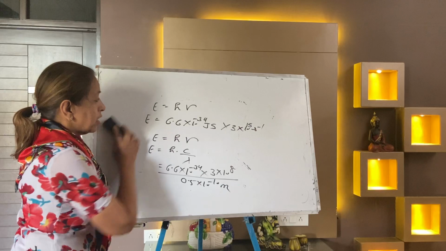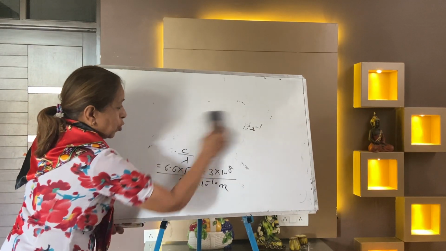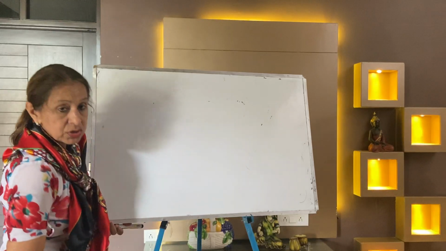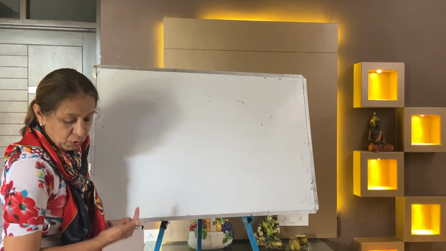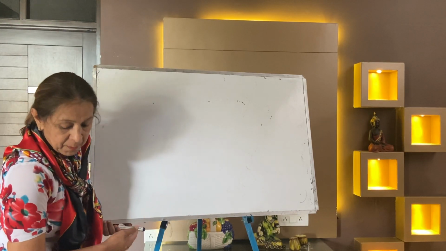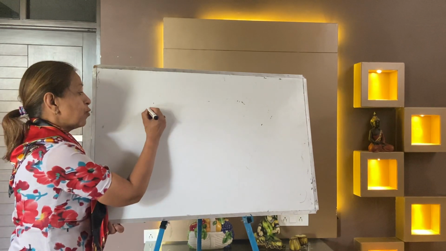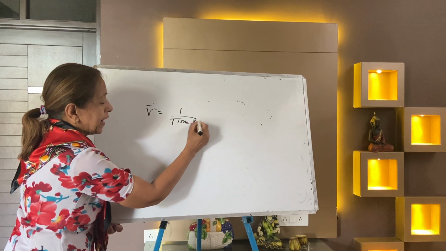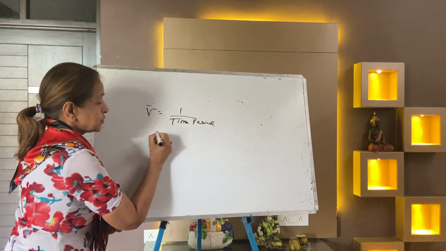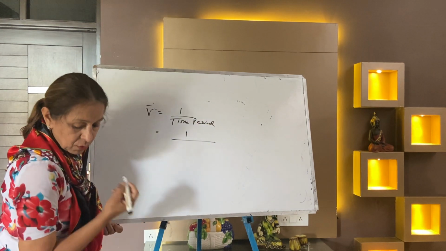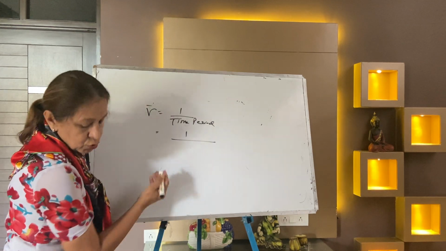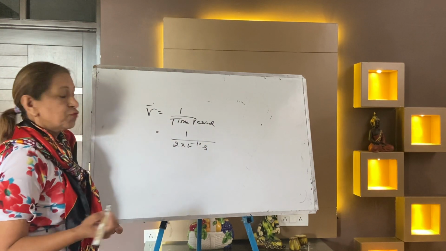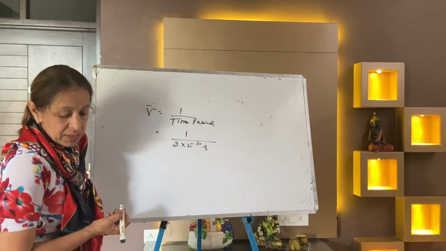Now I am taking the next numerical. 6th is over. Numerical number 7. Again the question is, calculate wavelength, frequency and the wave number when the time period is given. You calculate frequency first. Frequency is equal to 1 by time period. So it's 1 by whatever time period is given. It's 2 into 10 raised to power minus 10 second. So your frequency will come in per second.